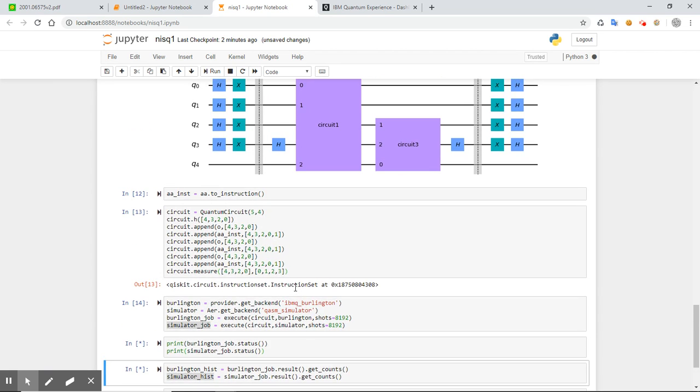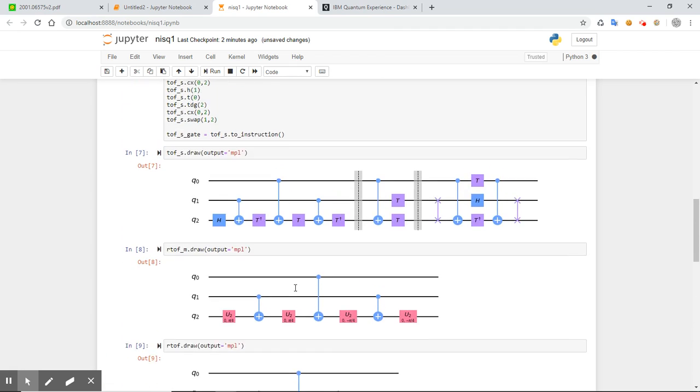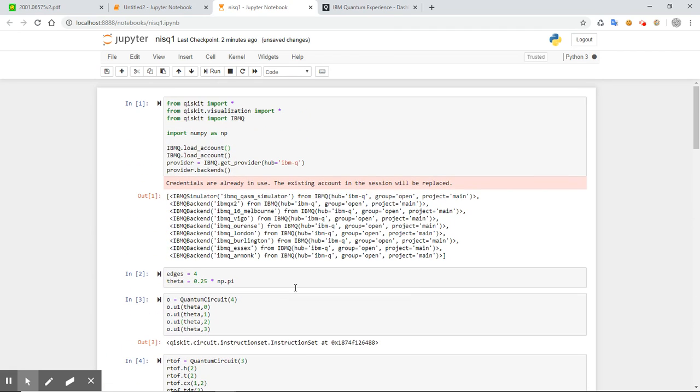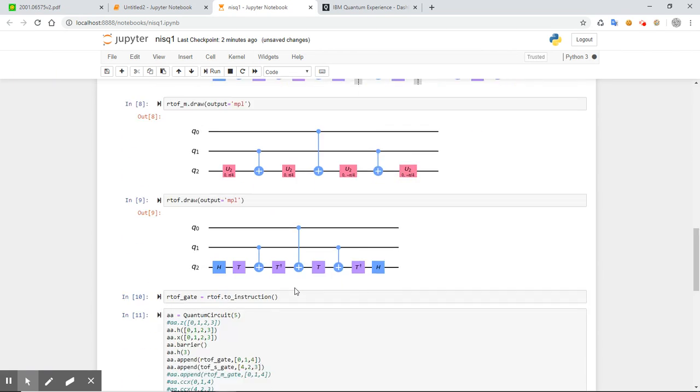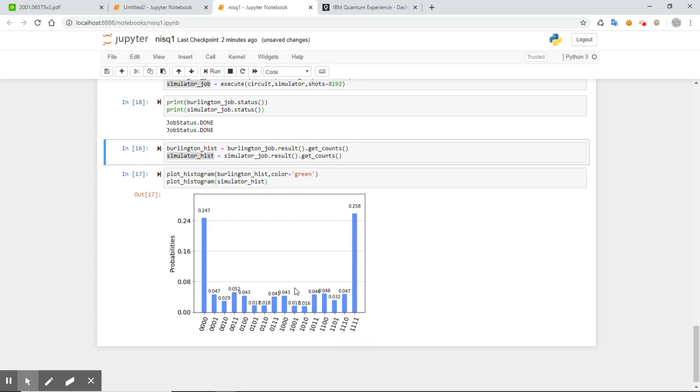But at least this way I have this sort of clean, and then I can also put that somewhere, maybe share that notebook in the Qiskit Slack and ask what's the